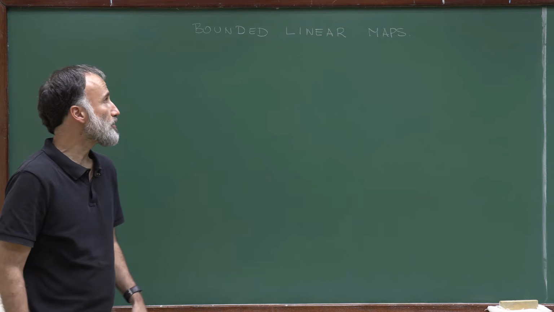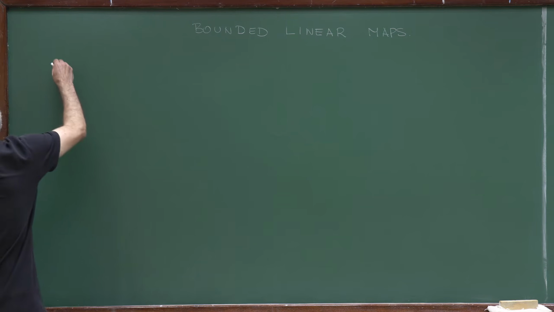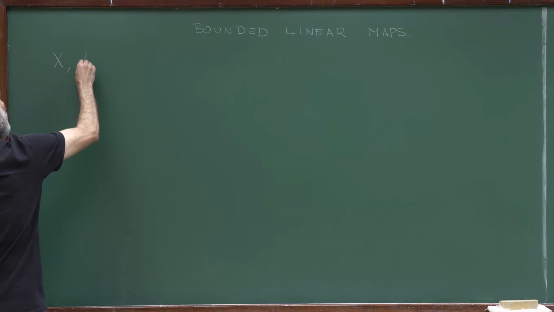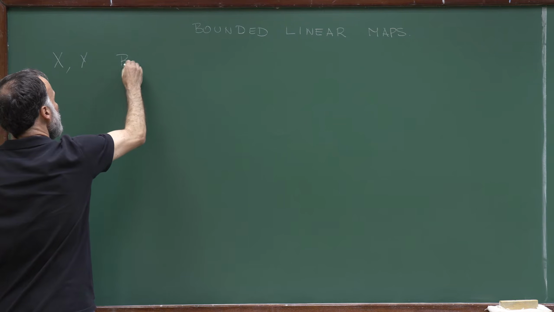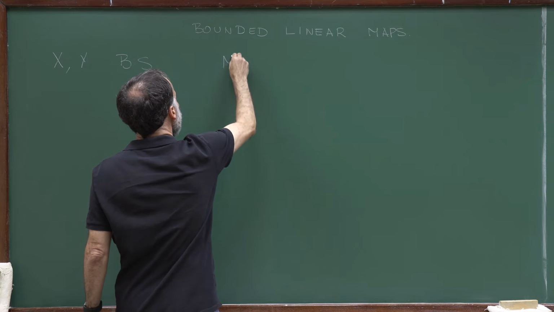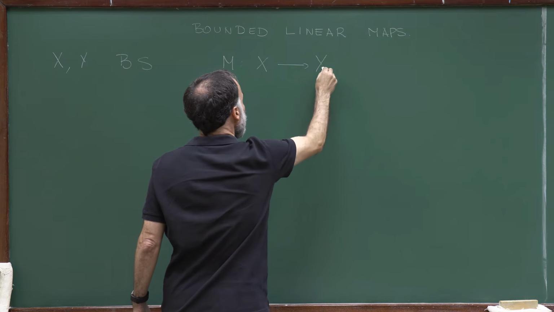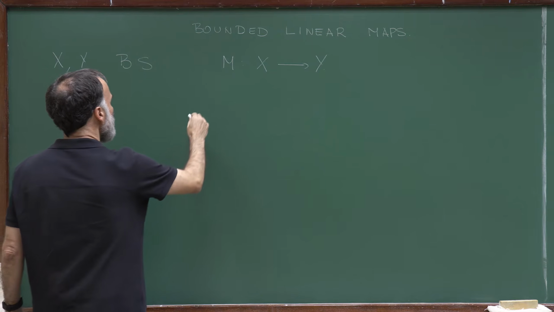So in this lecture we start a new chapter on bounded linear maps. Let's consider two Banach spaces X and Y, and suppose that you have a map M from X to Y. It will be said linear